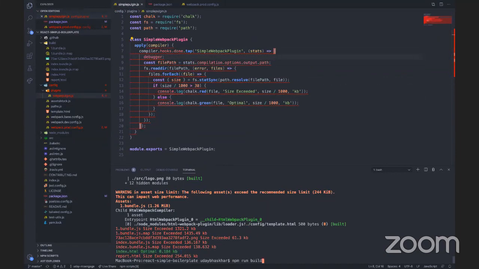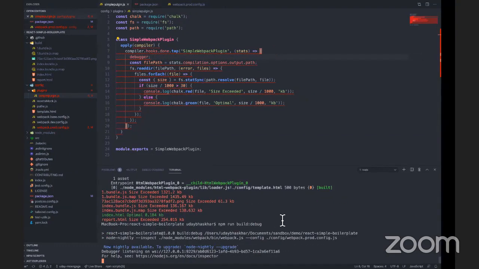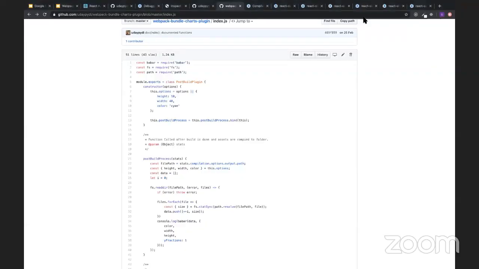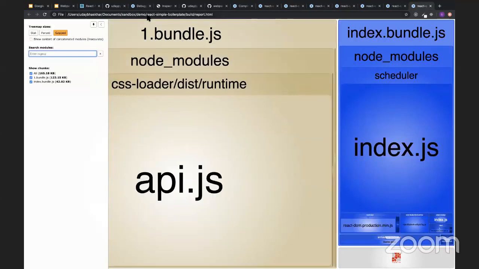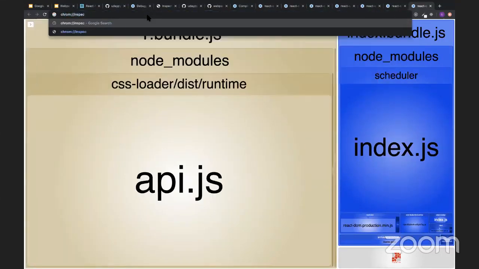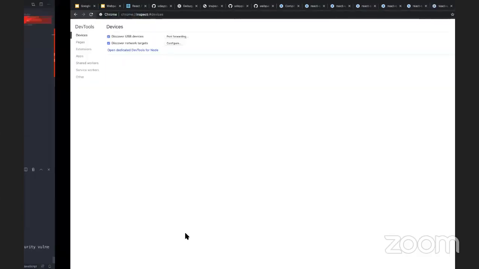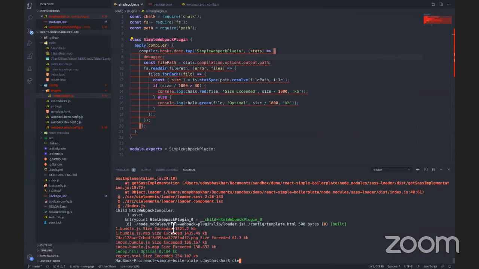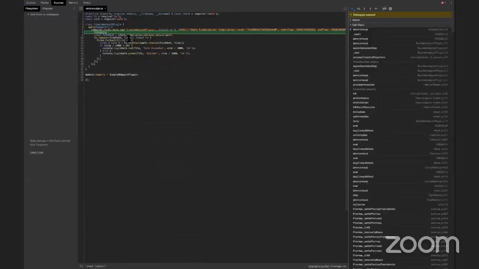So if I run build debug, Chrome inspect, I will attach this and I'll debug this. So if you see this, it has stopped at this debugger point, right? I just wanted to debug the hooks, the done hook.